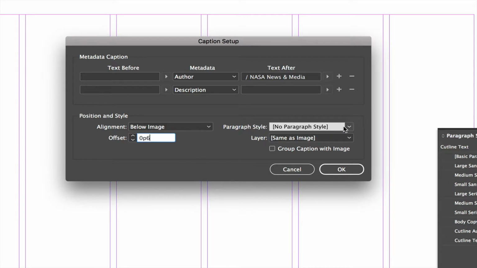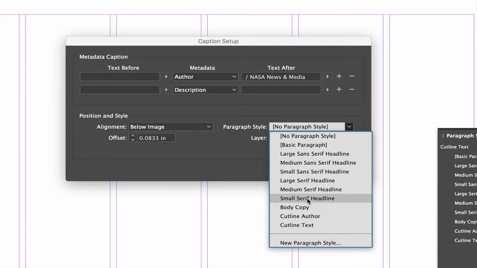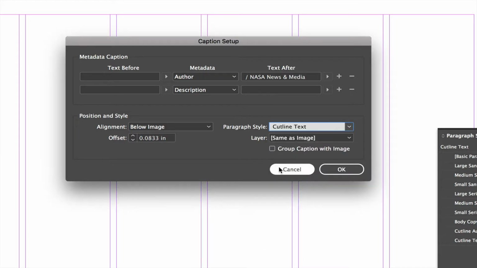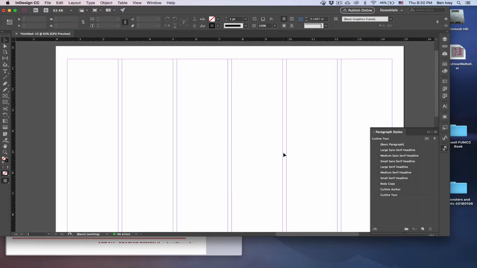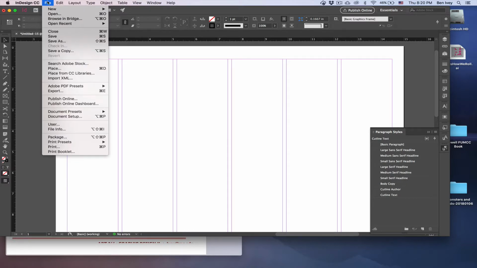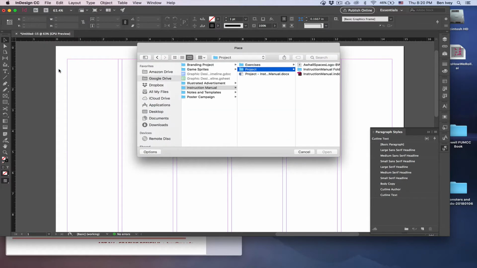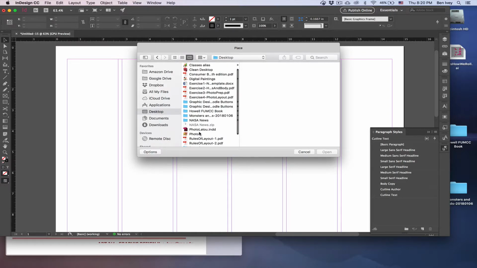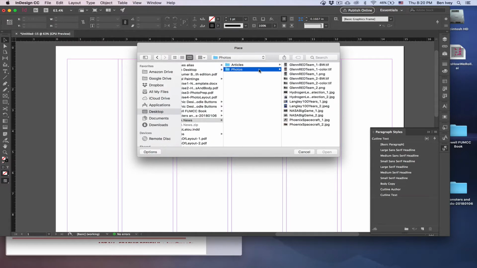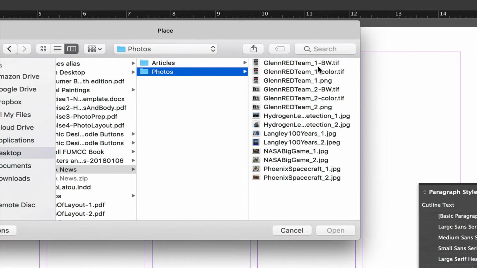The paragraph style that we'll use is going to be the cut line text, and we're going to keep it in the same layer and set as that. We'll say OK. Now we're set up to automatically generate some captions. Let's do it to the first photograph that we have. We'll go to File and Place. Let's find that first image for the Glen Red thing. Under NASA News, here's our Glen Red team